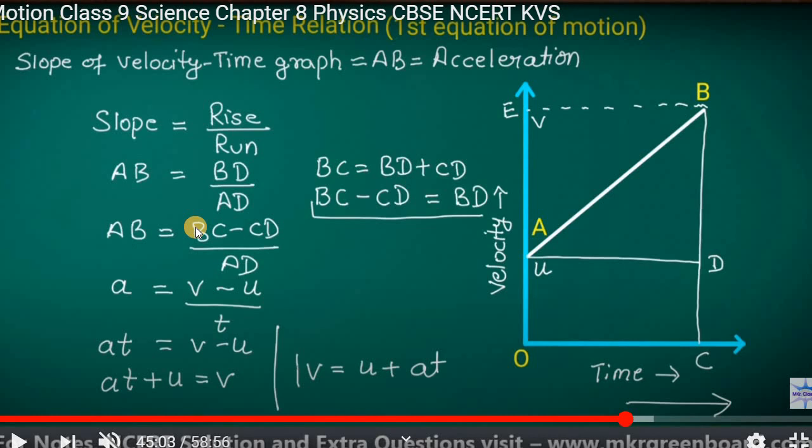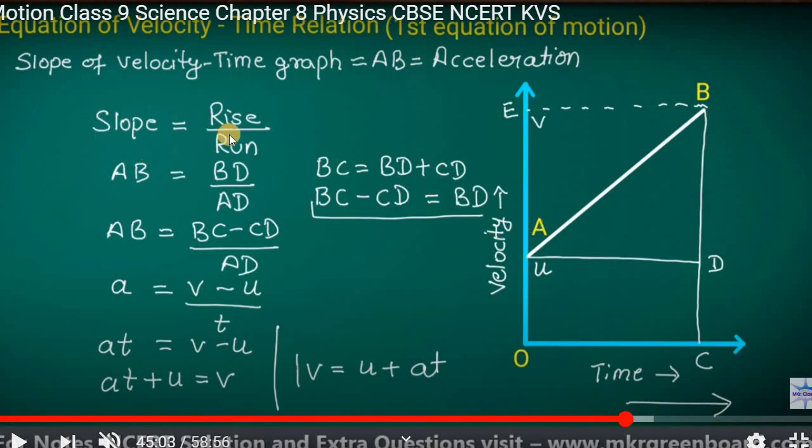Now let's see one more time, to revise it. Here is the slope of the velocity versus time graph. So AB is called the acceleration. Acceleration means the change in velocity during the time. So here you can see during the time the velocity changes, that is called the acceleration. It is from A to B. If you want to find the slope, here you can see this is the slope. We have to find this value, AB, the change of the velocity.